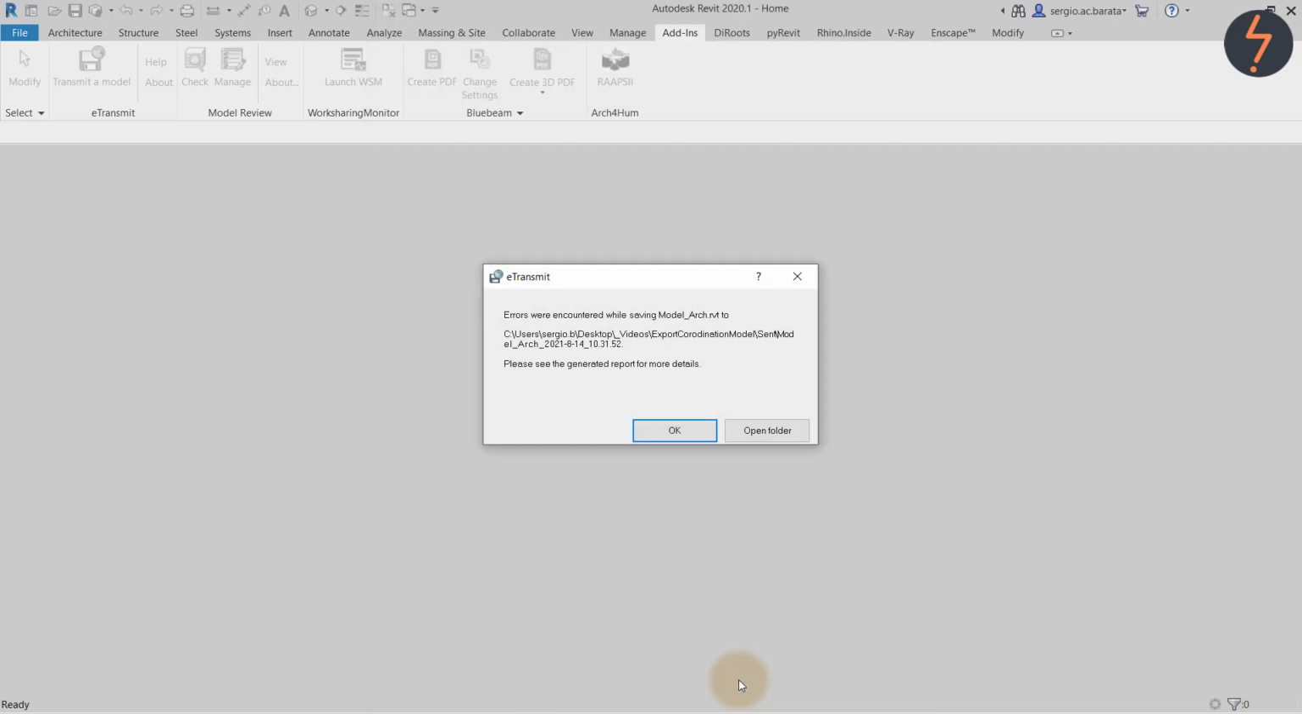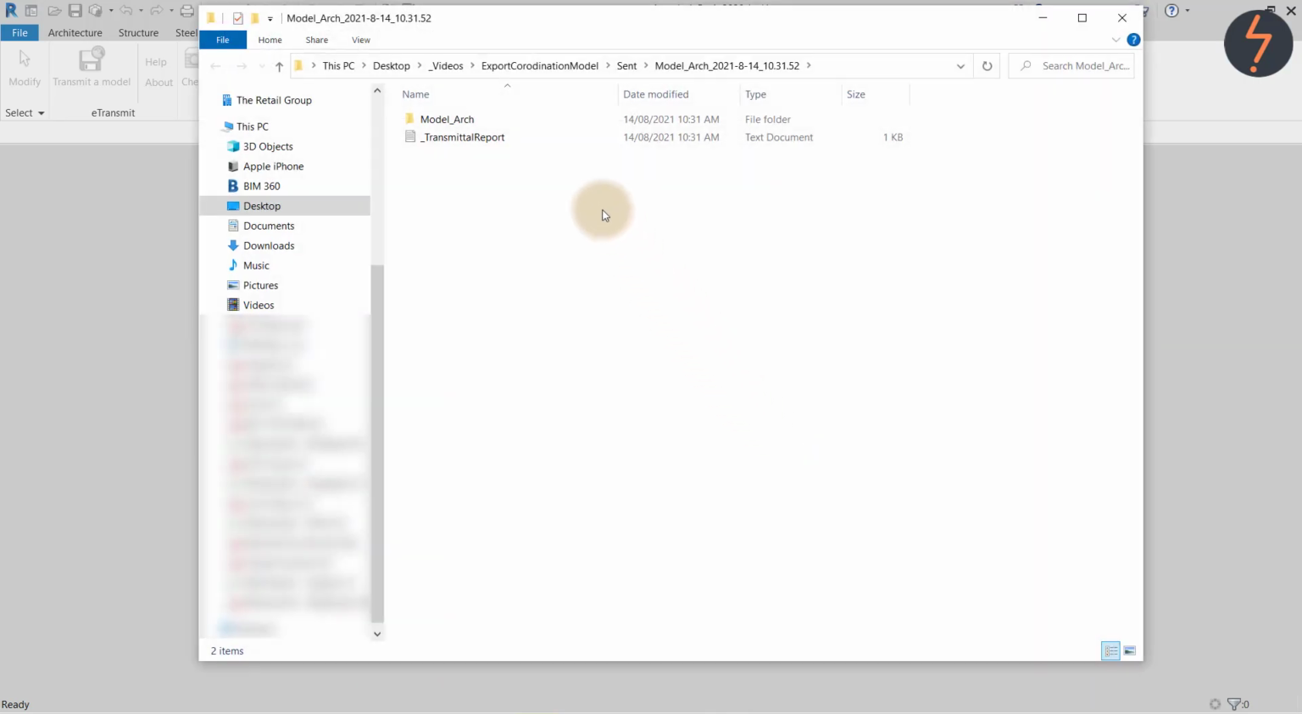If you have any errors, be sure to check them. As displayed here, the eTransmit has neatly packaged all of the data for sending, including my file, the links that I wish to share,